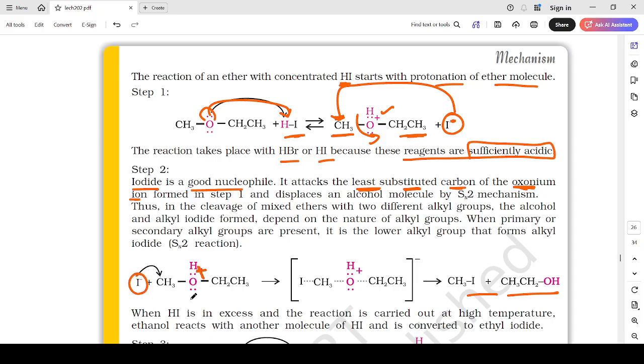Oxonium is that oxygen which is carrying positive charge. So it's attacking this least carbon-containing fragment and displaces an alcohol by SN2 mechanism. Why do I say SN2 mechanism? Because I haven't created any carbonium ion here. If I created a carbonium, I would say it is SN1. There is no carbonium at all. You can see the nucleophile is attacking and this